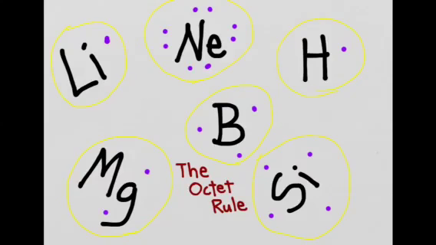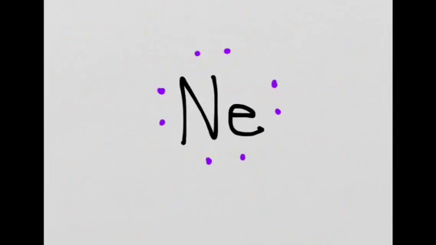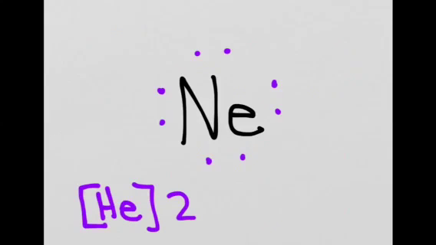I hope you would pick neon, because neon is the one that is fat and happy, and neon is the only one on this page that is fat and happy. Why is neon fat and happy? Because neon has a perfect complement of valence electrons. Recall that neon's electron configuration is helium plus 2s2,